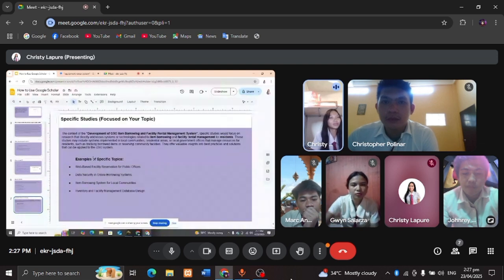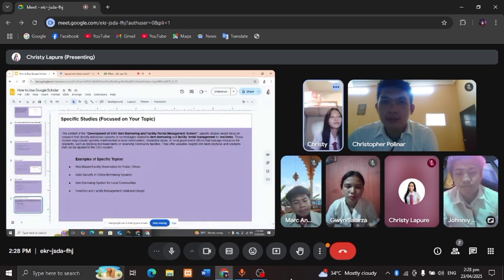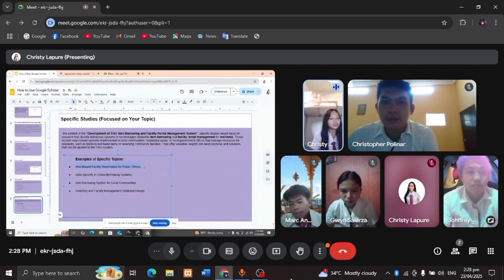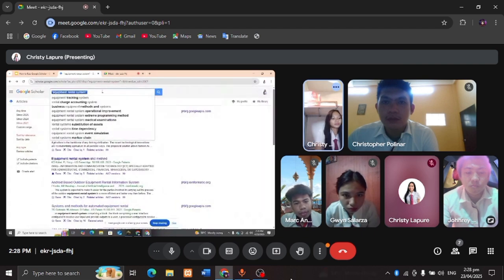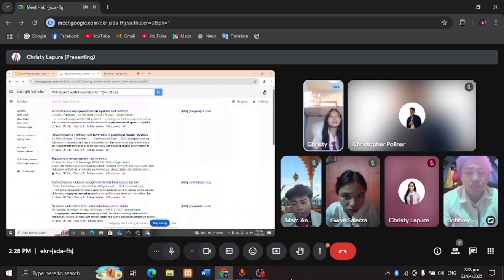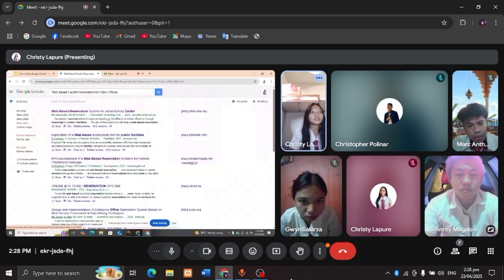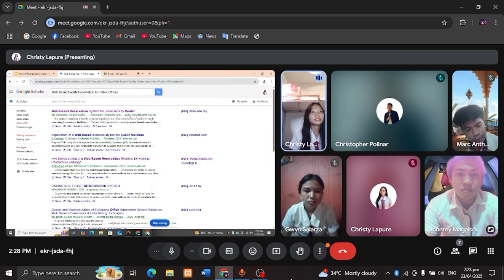So, next is the specific topics naman. I have here the web-based facility reservation for public offices, data security and online borrowing system. So, tatry natin yung isa. This is an example. Always double check the date range.